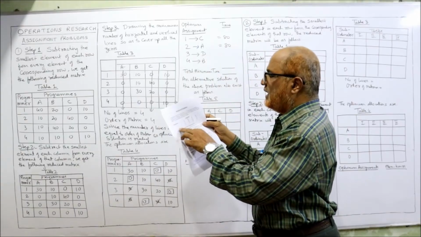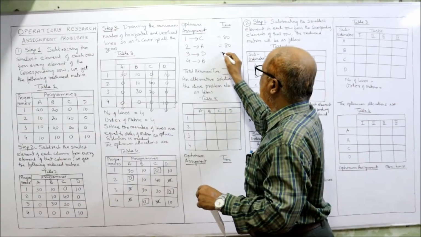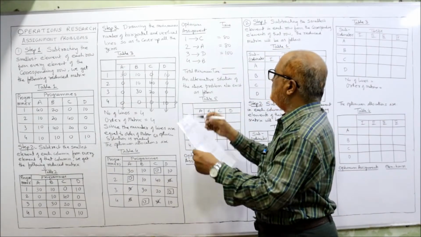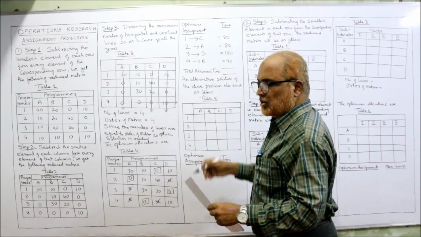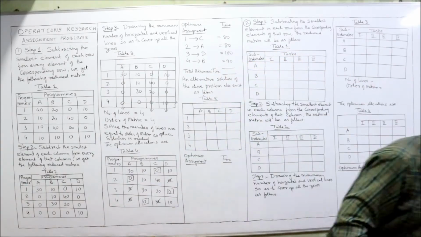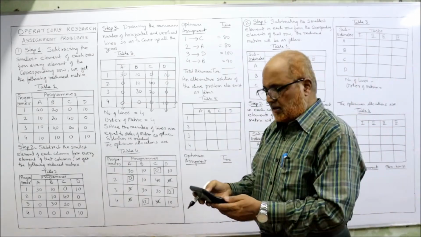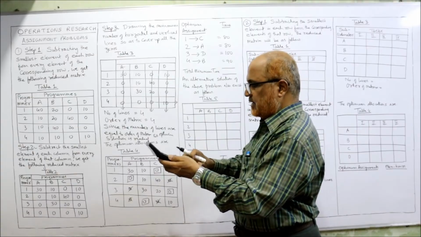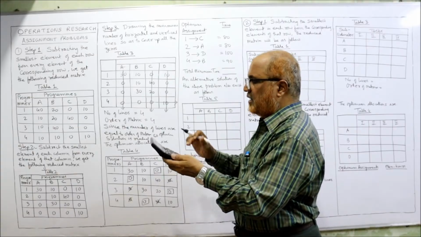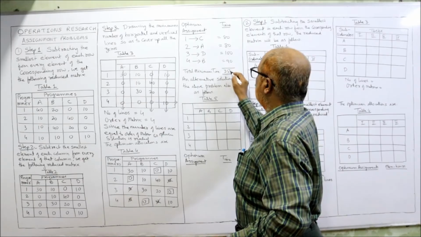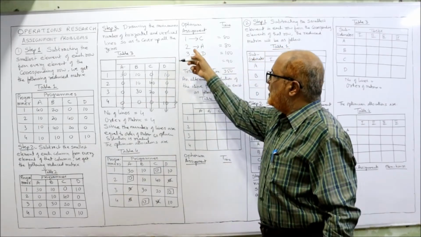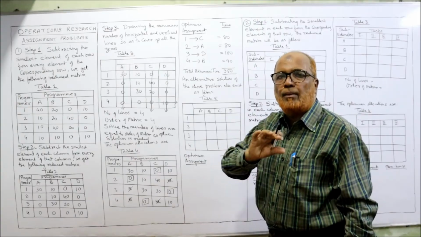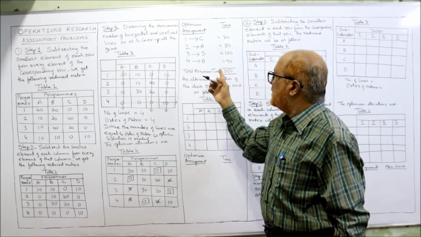Third programmer D, that is 100 minutes. And last, fourth programmer B, that is 90 minutes. That's all. So we have computed the total time estimates. Now we need the final total. So 80 plus 80 plus 100 plus 90. It comes to 350 minutes. That means if we assign these programs, then the total minimum time for completing all the 4 programs is 350